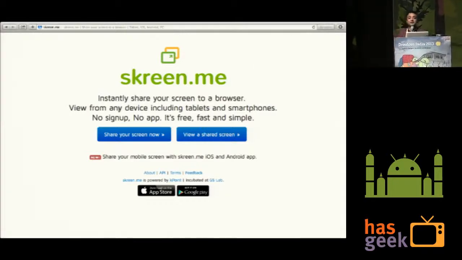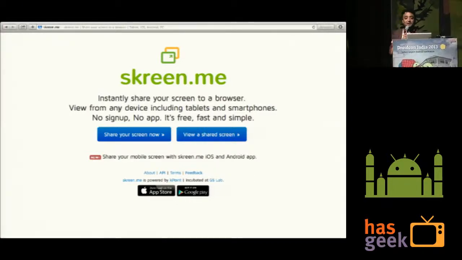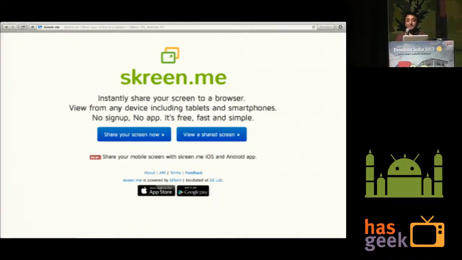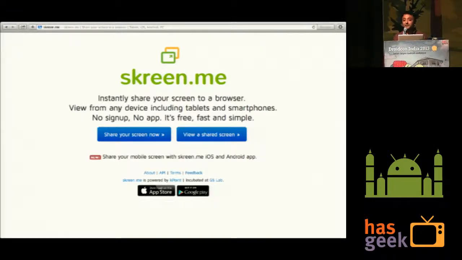This tool basically lets you share your screen from a browser, and a browser of any platform, be it Mac, Ubuntu, or Windows, and the viewer can be from any endpoint, be it tablet, iPhone, Android, anything. And again, the viewer can be from a browser, so no need to install anything, no need to register, no need to log in. So the USP of this tool, I would say, is ease of use. Let me show you a quick demo of how it works.